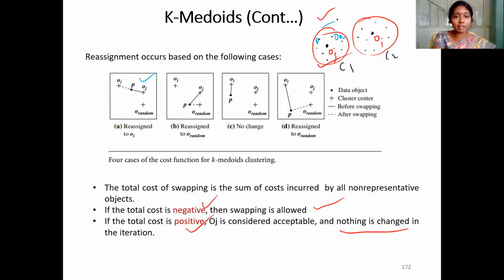That means in cluster 1 we have P, right? And after reshaping the cluster, that means after changing the representative object, P is nearer to oi. If P is nearer to oi, then we need to assign P to cluster 2 instead of cluster 1.